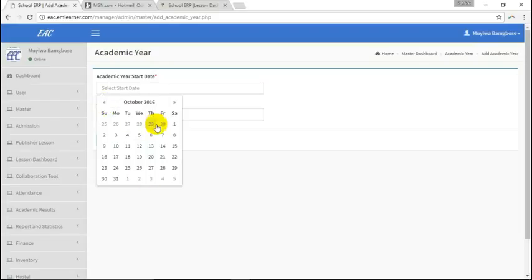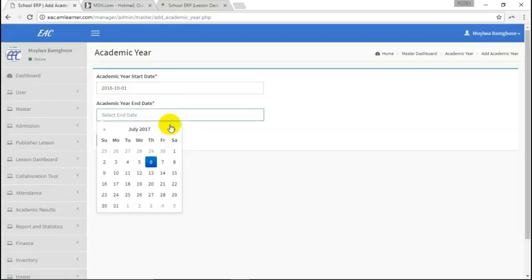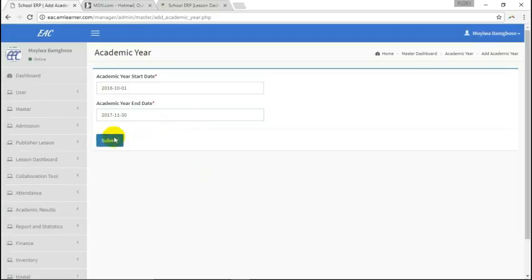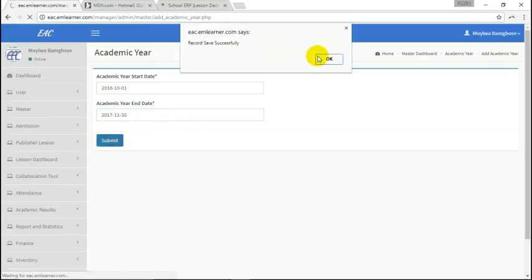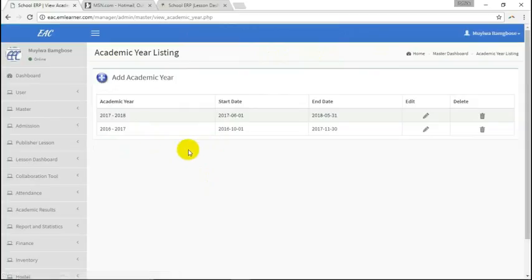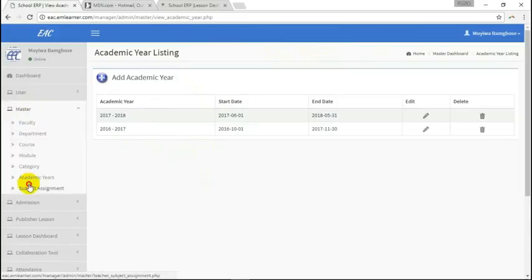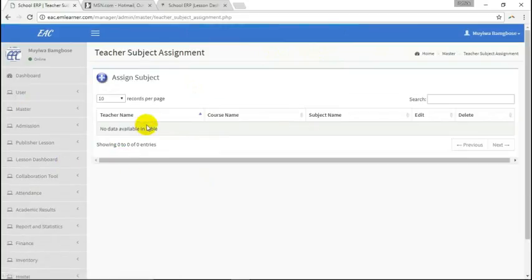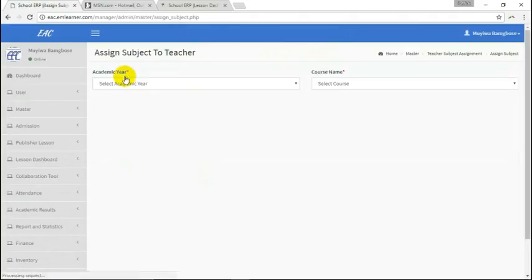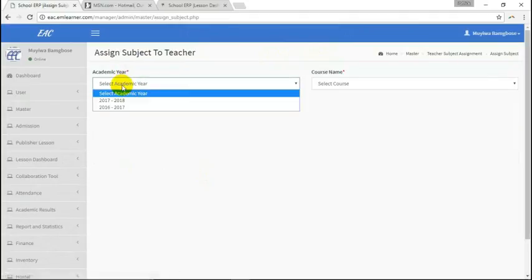Started October last year, will end October this year. Good. Okay. Now, if you look at this academic year we just added, they will do a lot of things in the system. And so, if you know things are not working well, you get to understand that it's because things are not done right.